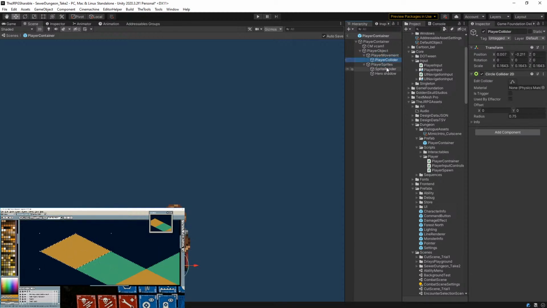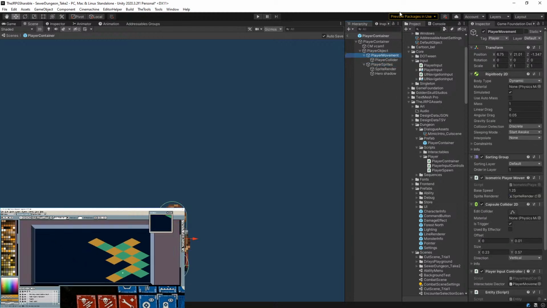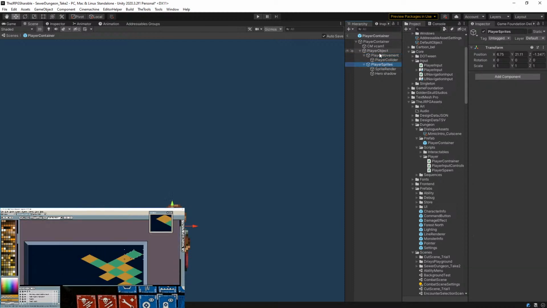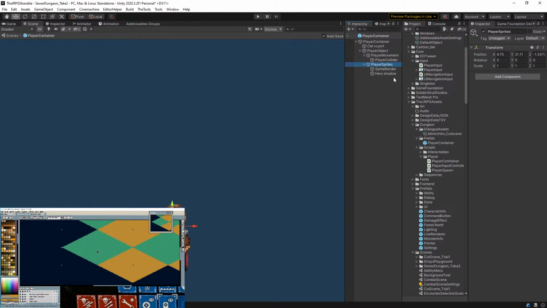Okay. Now, the problem's going to be that this object is going to need to move, and what we need to do now is make it so this player sprite updates to match this player's movement, but only if the Y value has changed from the last position we remembered, basically. So...